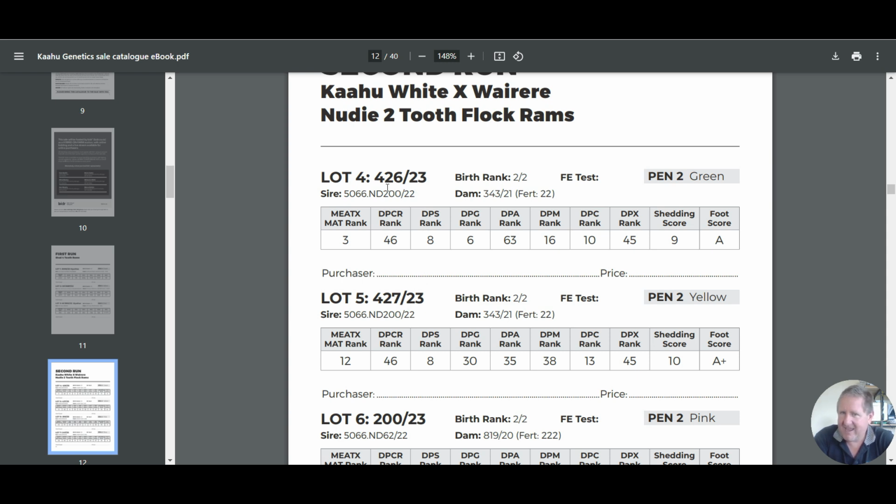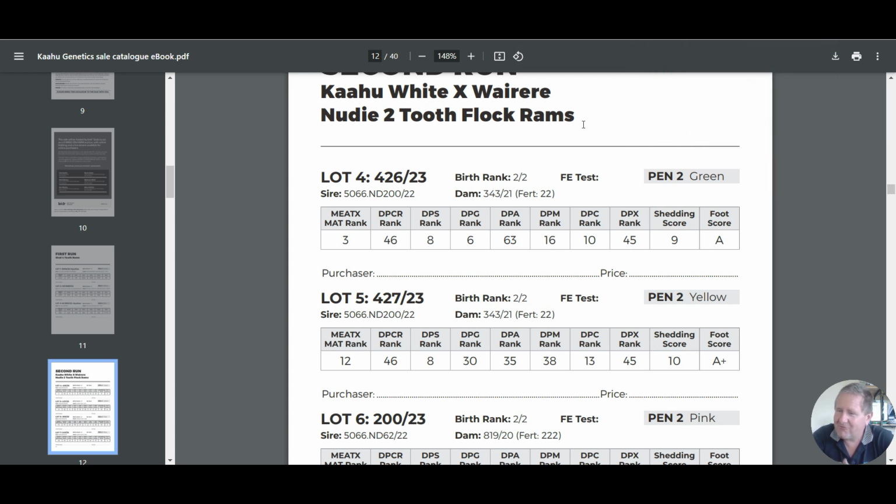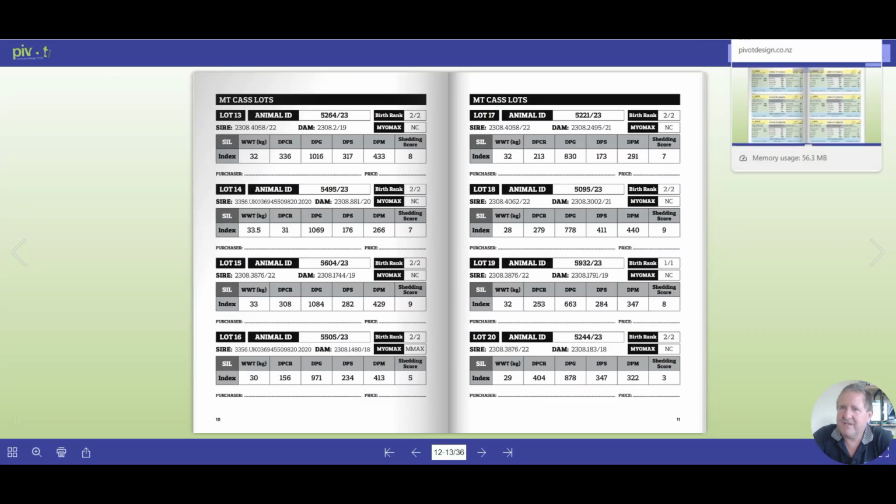Same ewe, same ram, got the sire. You can use those to your advantage. If you see some sires that are constantly in that auction, you can buy to the sire, because you know you put a lot of rams into that auction. We are going to see more of these catalogues. I'll go into in a bit more depth, but the thing I really wanted to get through today, we'll go to an Arvidsson one,